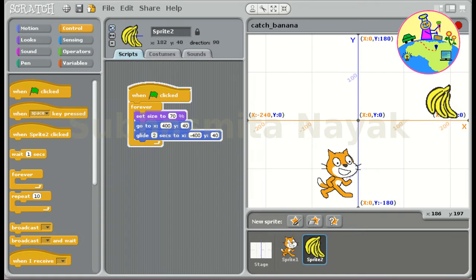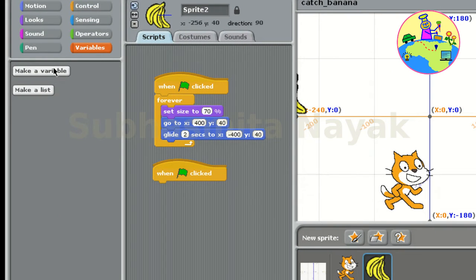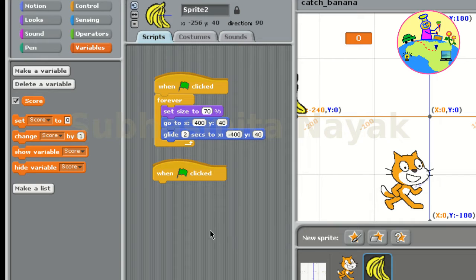This looks good now. But how do we track when the cat sprite catches the banana sprite? To do that, let's create a variable from the variables category. Let that variable be score. Rewarding is a separate code since the first one is for moving the sprite. When the game starts, the score will be set to